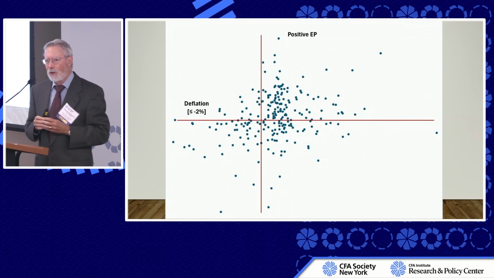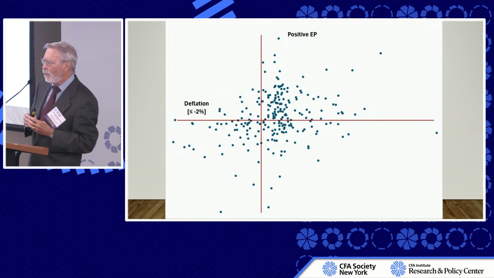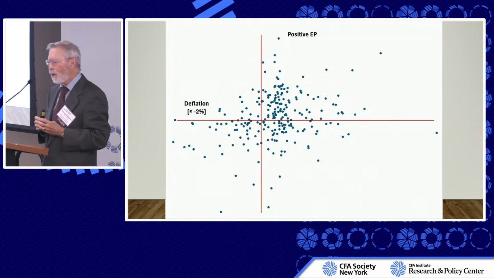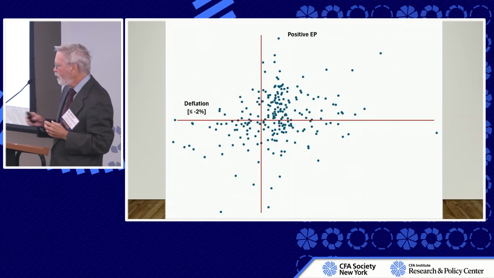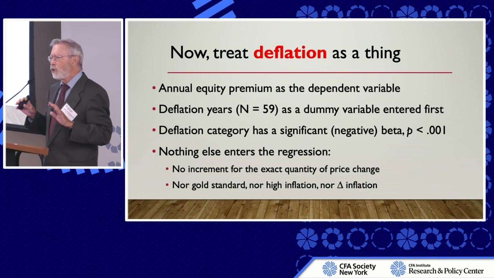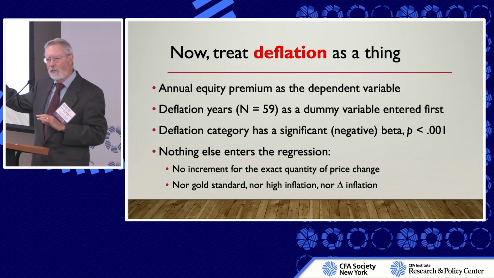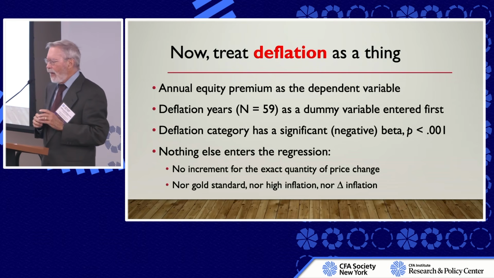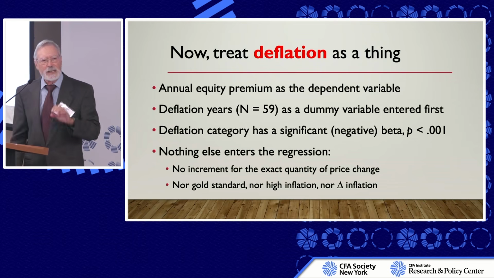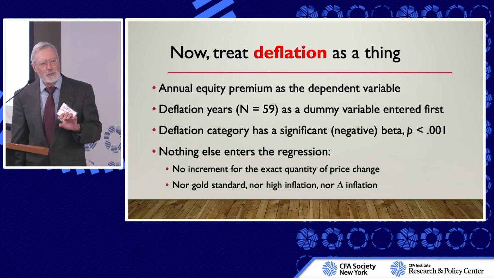And what turns out is that trend line is being driven by what's happening to the left of the line. Lots of negative EPs, not too many positive. Look to the right, it's a scatter. So what we're going to do at this point is we're going to treat deflation as a thing, not as the bottom of a price change variable. And with annual equity premium as the dependent variable, I find indeed deflation has a significant beta negative on the